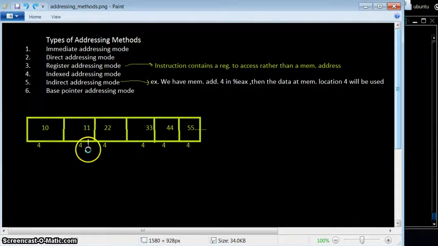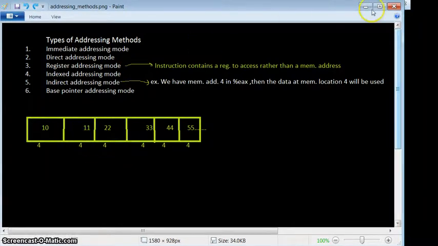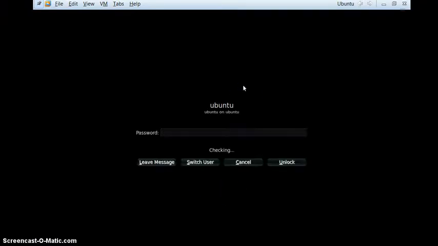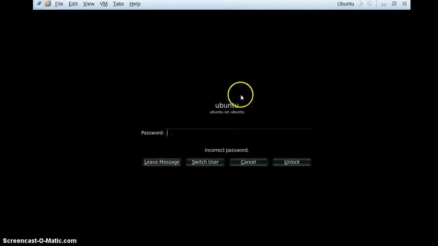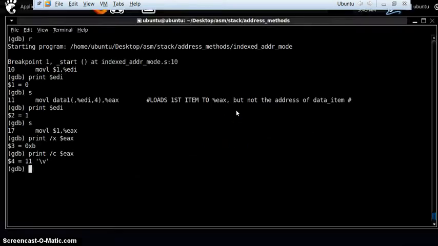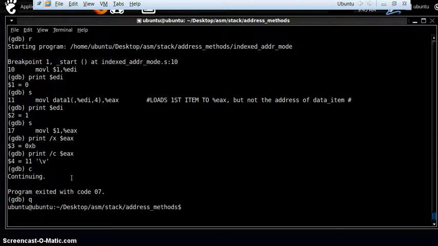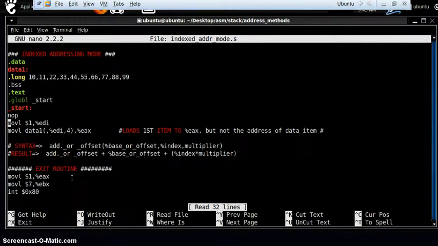Okay. So let's do some manipulations in our program. Let me show you.